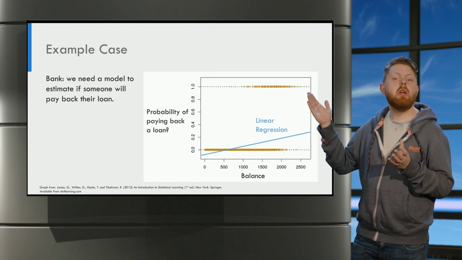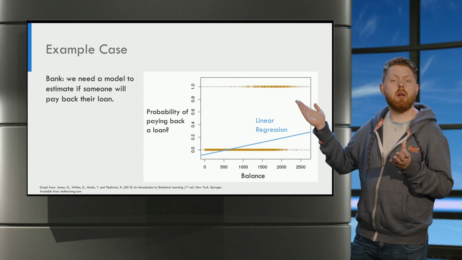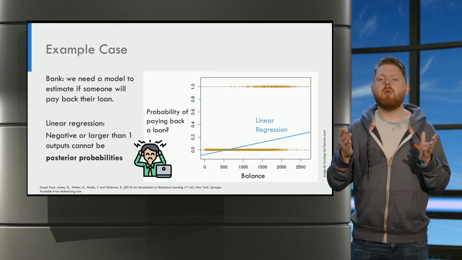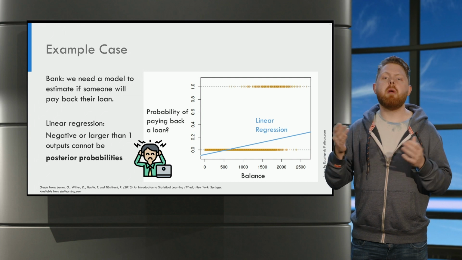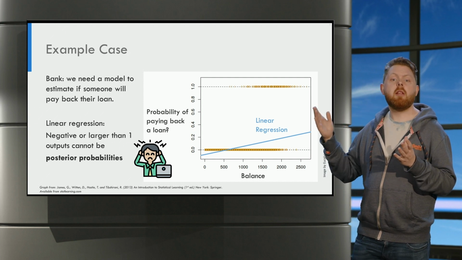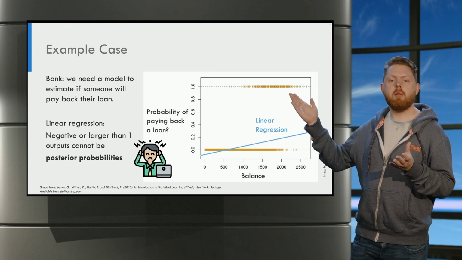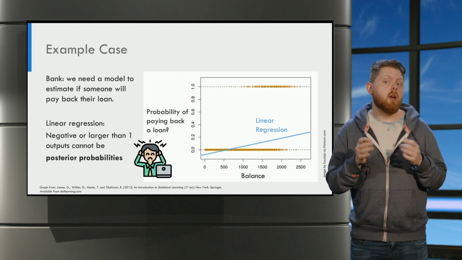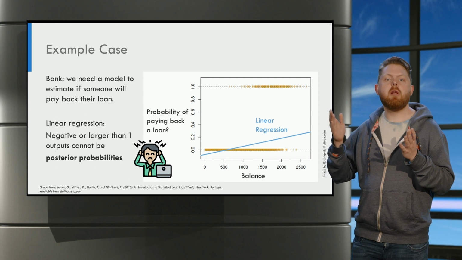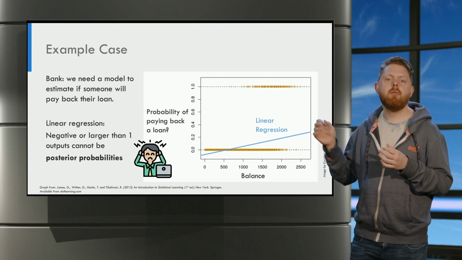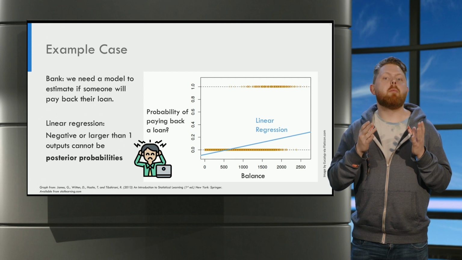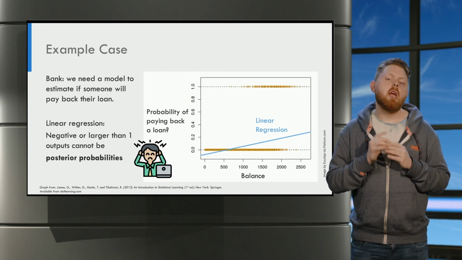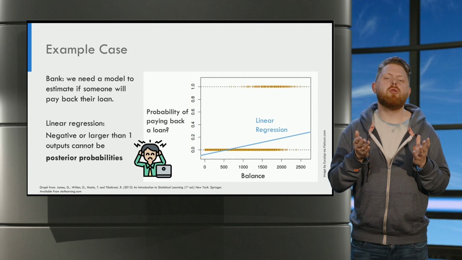Is this regression line really giving us the probability of paying back a loan? The answer is no. The predictions of a linear regression model cannot be interpreted as a probability, because this model can predict a negative number or a value larger than 1. Therefore, these cannot be probabilities. However, a bank would really like to know what these probabilities are of a person paying back their loan. This probability of observing a particular class, given the features, is called the posterior probability. In many cases, this probability is useful to know.